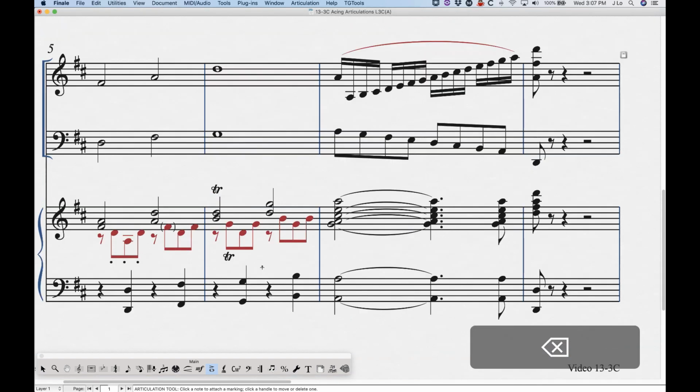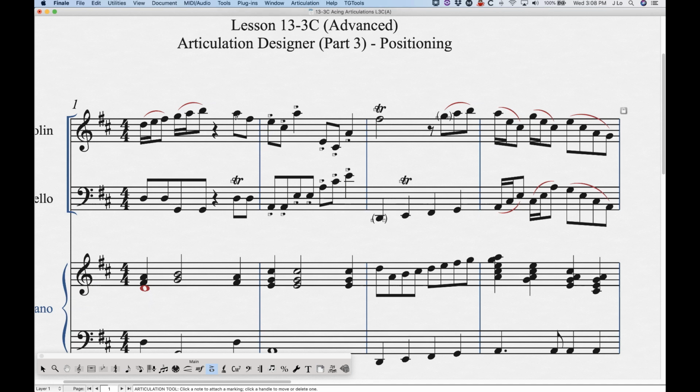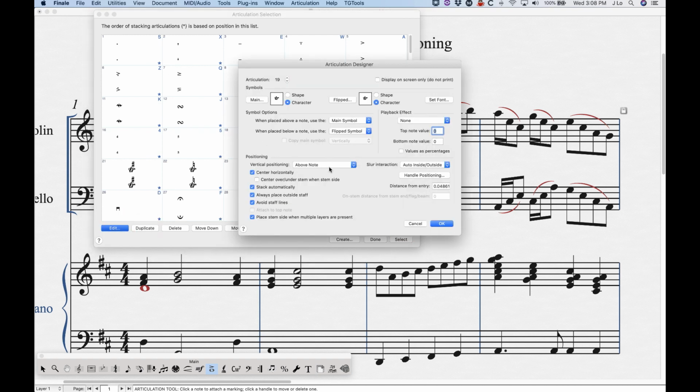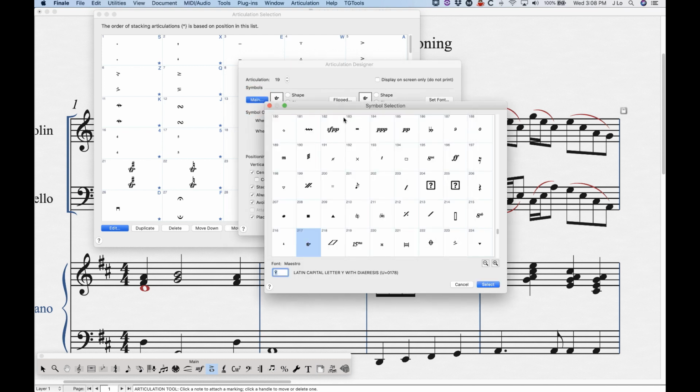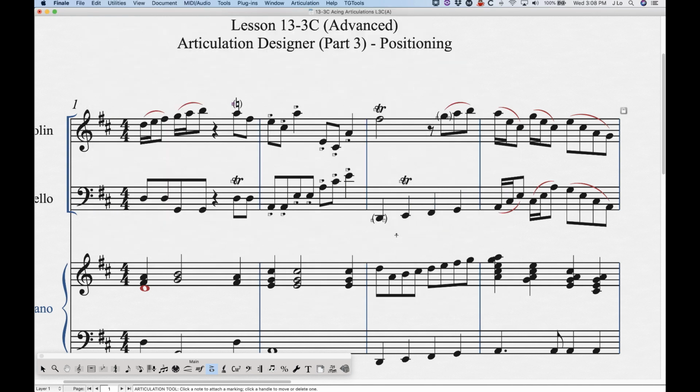There's a certain thing I was thinking about that would be handy for that above note positioning. So let me just do something here. I'm going to duplicate the trill, because that uses the above note positioning. And in the font set, there are a series of accidentals that have parentheses around them. So you could actually change the character to something like that and use that as, I guess, an editorial accent,